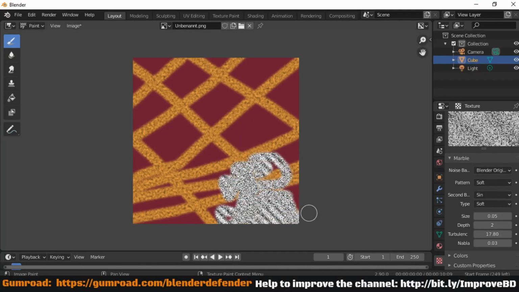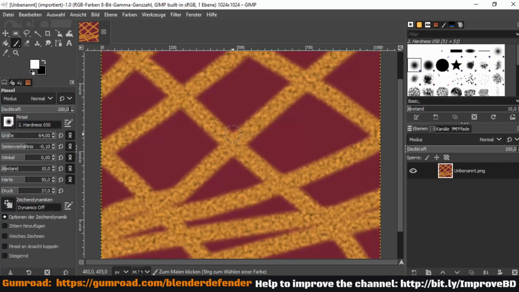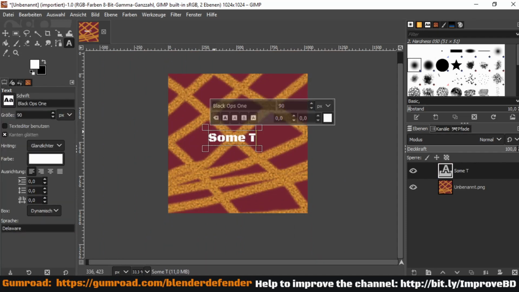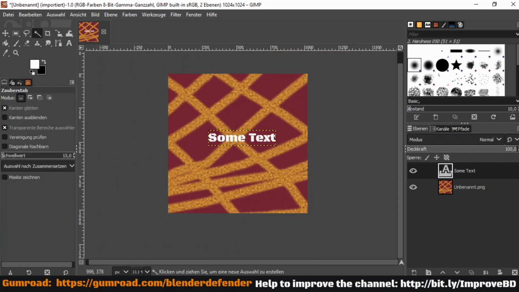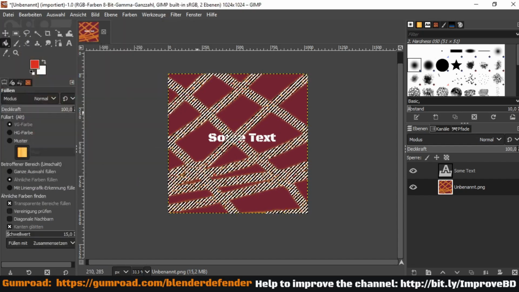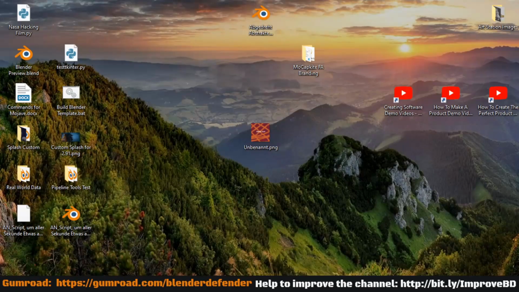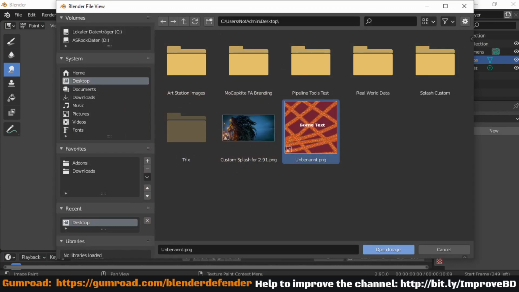Blender has a very good built-in image editor, but for some tasks you might want to switch to a professional external image editor like Photoshop or GIMP. Therefore, you would probably close your Blender scene, open the image editor of your choice, make your changes to the image, and then take minutes to reload your image. But that just takes too long. Watch what you could do instead.